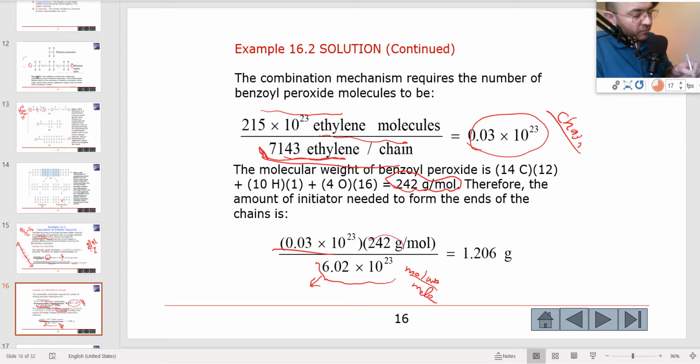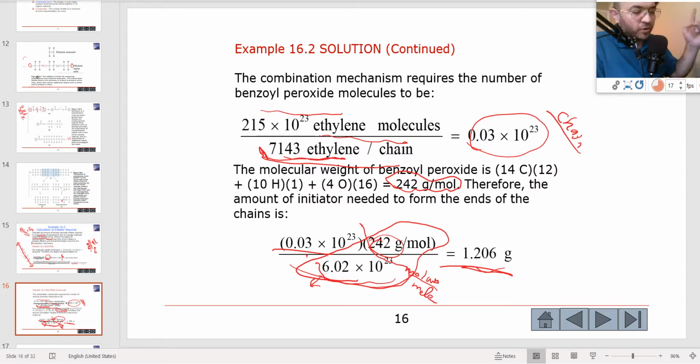If you finish the calculation and multiply it by molecular weight, this gives the number of molecules of benzoyl peroxide in 1 mole. Then multiplied by this, I ended up needing 1.2 grams of